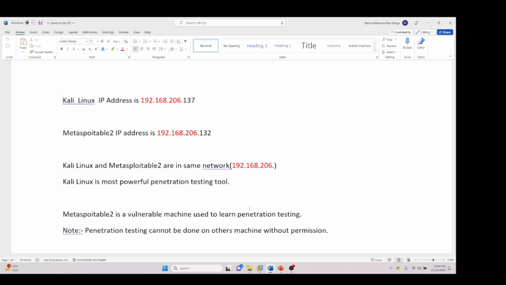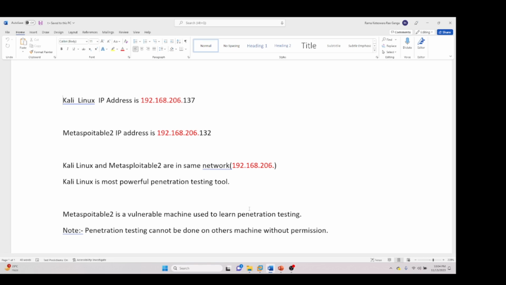Kali Linux is useful. So being an IT professional, see that you are perfect in Kali Linux. Try to learn more about Kali Linux. Next, coming to Metasploit, it is the most powerful vulnerable machine which will be helpful to any learner to learn penetration testing. Next, a very important point which you have to keep in mind throughout your career